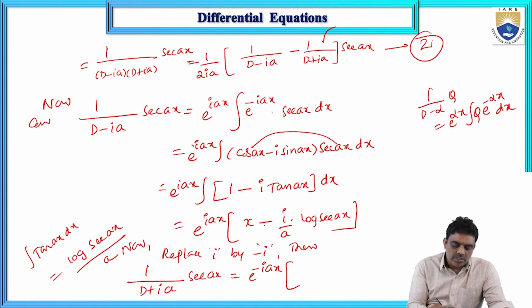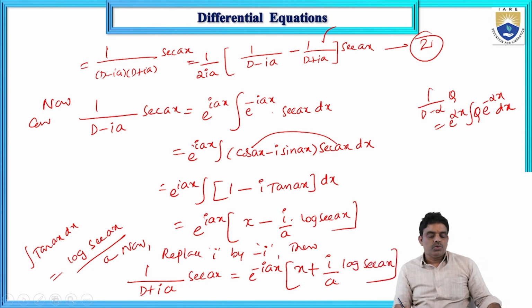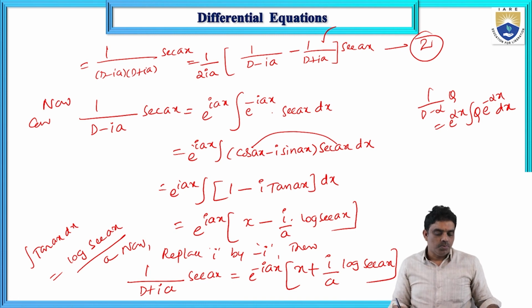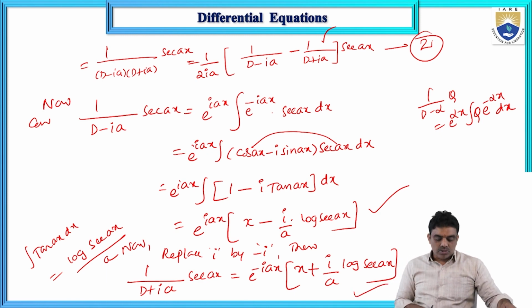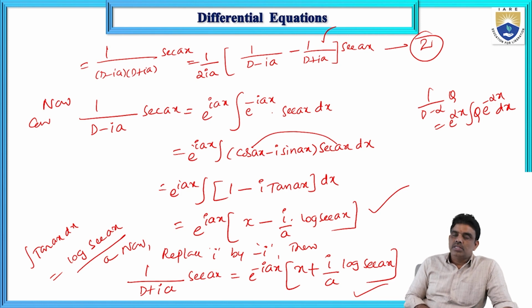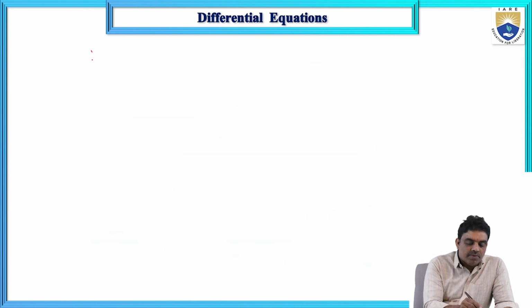So the final solution is x, on writing minus i in place of i, you get plus i by a of log secant ax. This is the part 2 solution of equation number 2. So 1 by D minus i of secant ax we already reached. Similarly 1 by D plus i of secant ax also reached. So substituting these two in equation number 2,